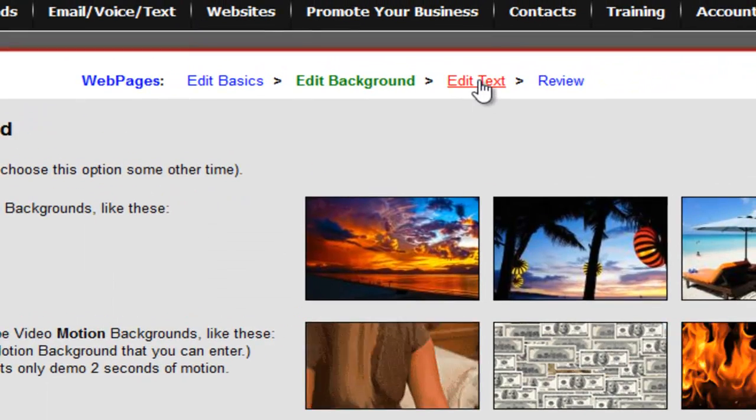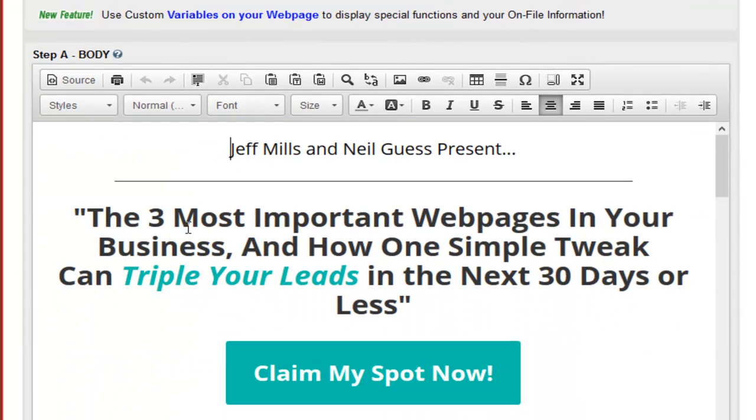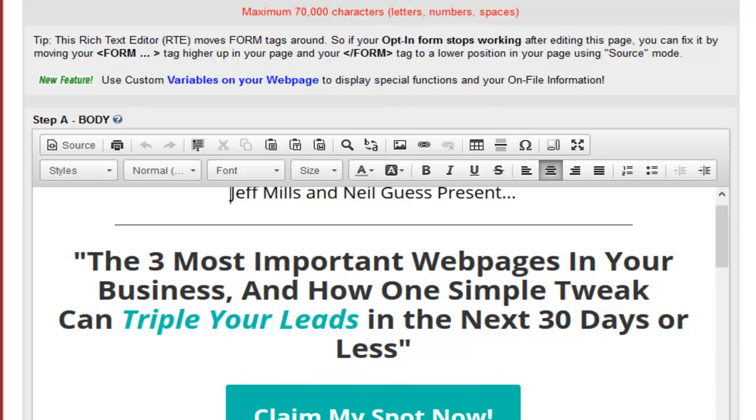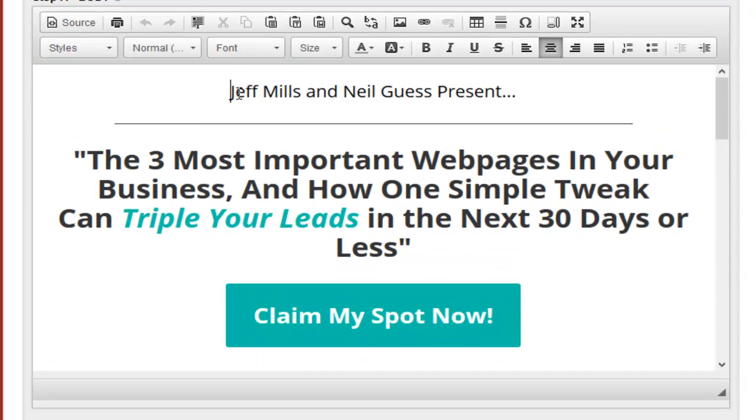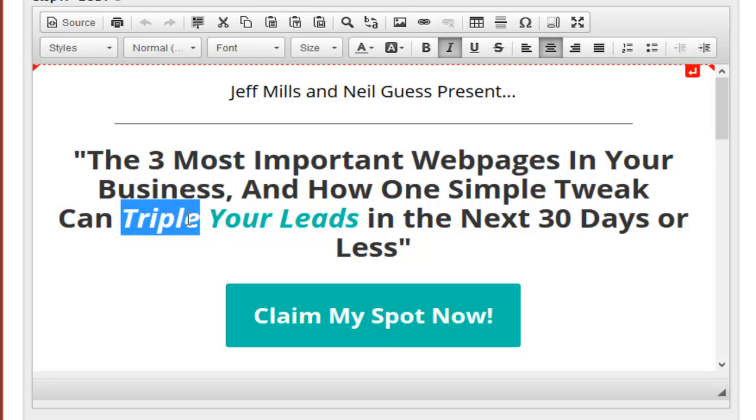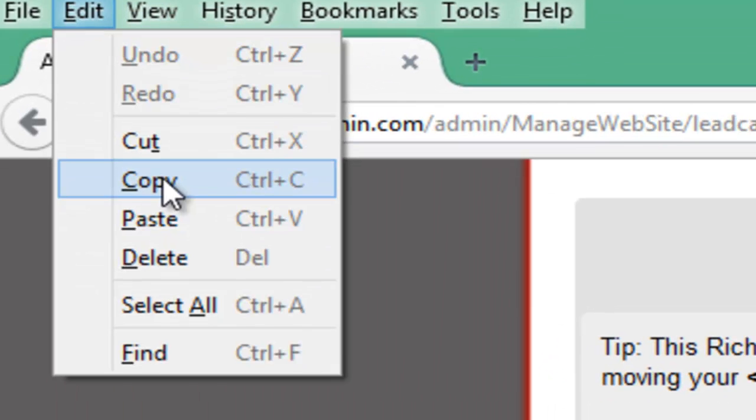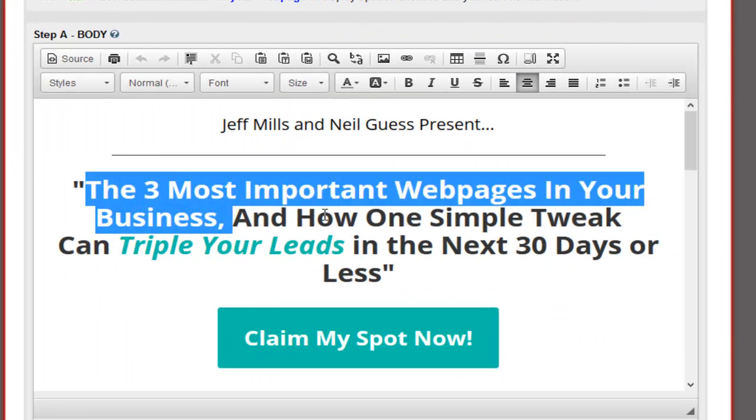Now I'm going to click on Edit Text. And editing this page is super simple. Okay, if you want to edit the names up here, you're just going to, obviously, highlight over it and change it to whatever you want. When you change the headline, if you want to make sure that you can grab this exact same color to use inside your headline, if you're going to delete everything to start with, just highlight it and copy it. And that way,